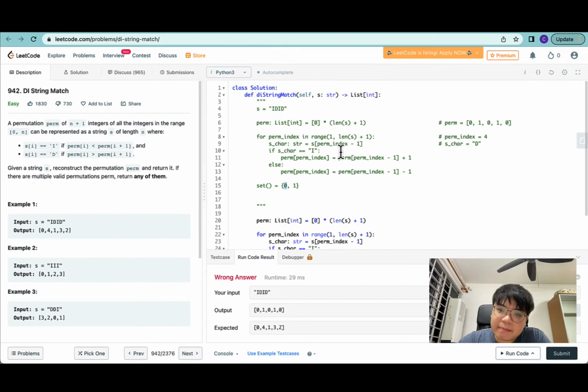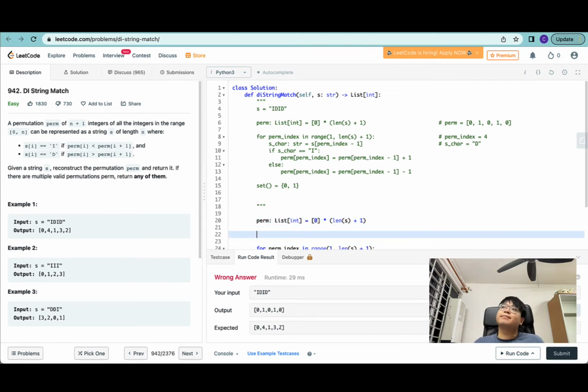So let's say s is n, so the length of s is n. So the set will contain numbers